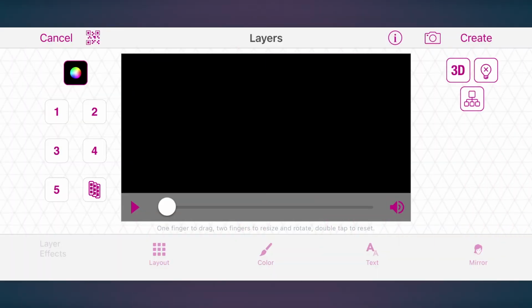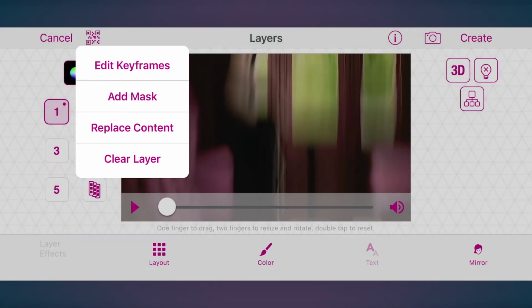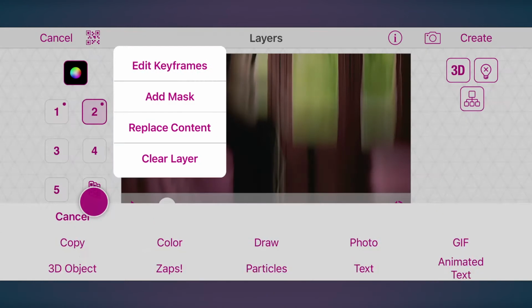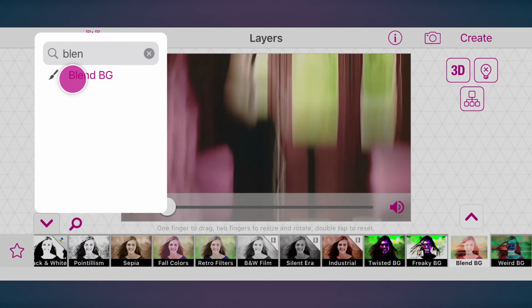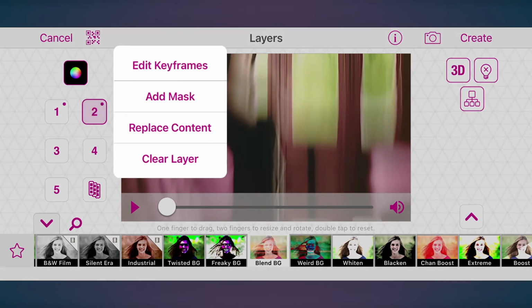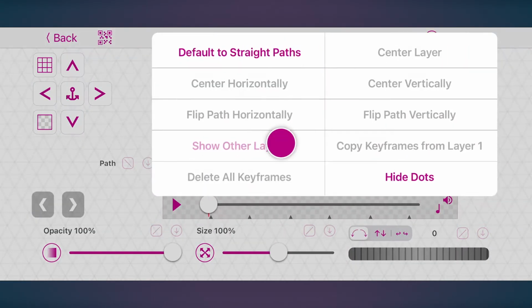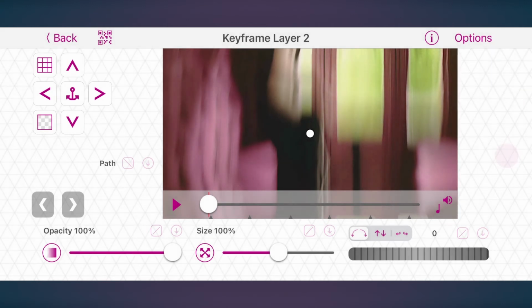Notice the difference? We're almost done. We just need to add some flashes to it. Place the last version of the video twice in multilayer and add blend background to the second one. Add a flash by turning the opacity to 100 at the beginning and when transitioning from one video to another.